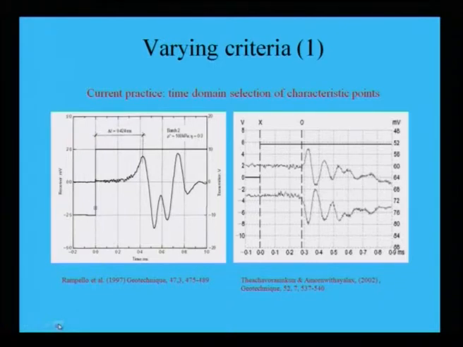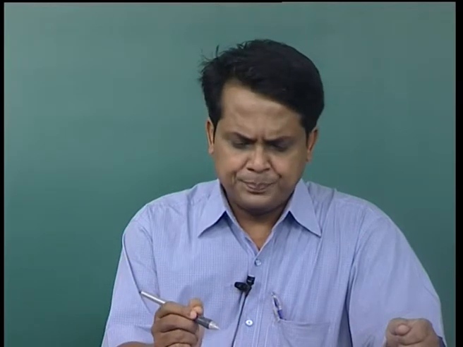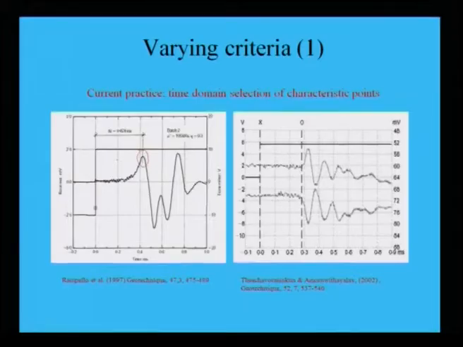Current practice is time domain selection of the characterization point. At what time, how do you select your points? If you look here, it has been given by Rampello et al. 1997 in Geotechnique. This is a particular receiver signal and the time it takes. It starts at 0 and from here it will go and peak. Once it peaks, that means at this point it has been received. Now, from which point are you going to take? There are varying